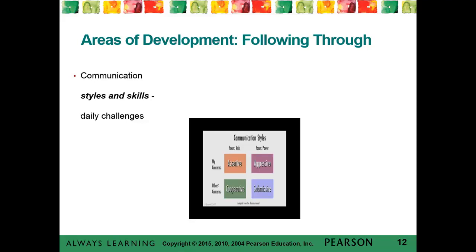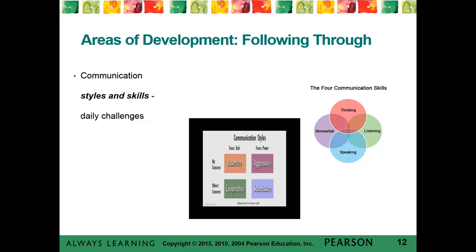So there are several different communication styles, but an effective leader, anyone in any kind of professional setting, needs to have perhaps a combination of these communication styles, because different settings will require you to take on a different style. We also know that there are these communication skills that the author in this chapter is really pushing. If we're paying attention, we can see that these skills are highlighted throughout this chapter.